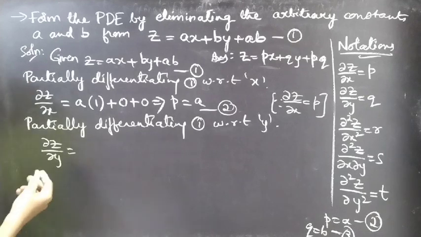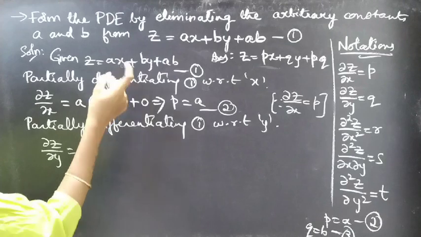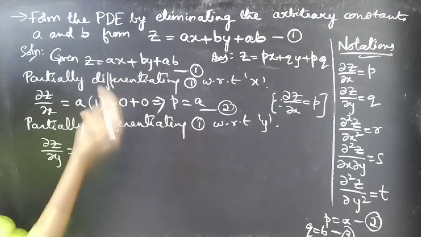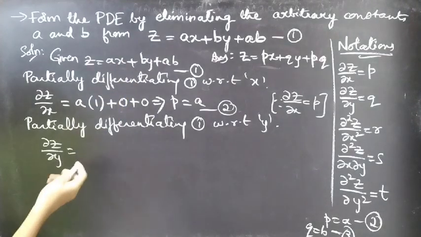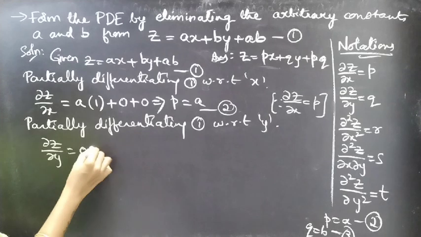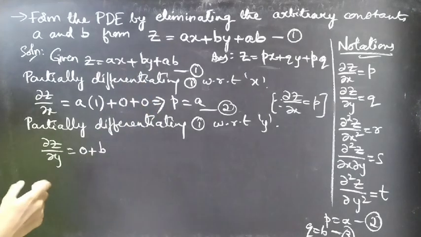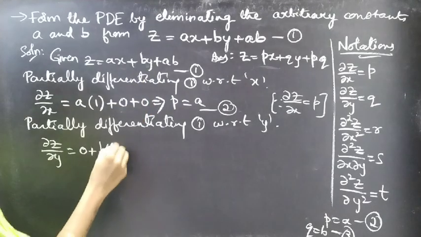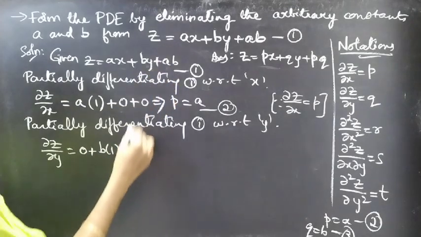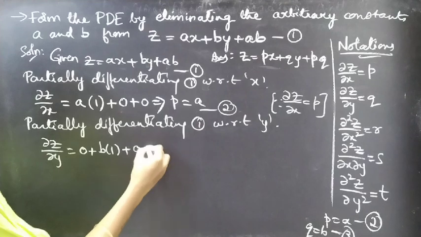Now we'll get dou z by dou y equal to, here x is treated as constant, so we have a constant ax, so the partial derivative of a constant with respect to y is 0, plus b into partial derivative of y with respect to y is 1, plus partial derivative of constant ab with respect to y is 0, which gives us